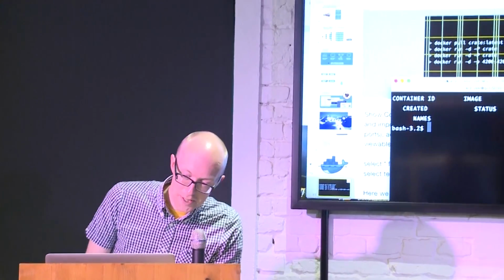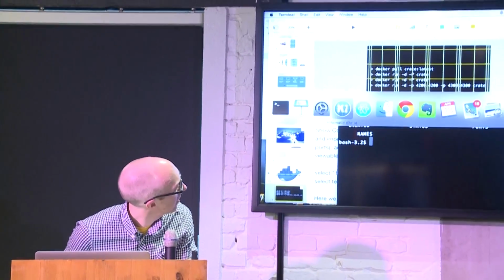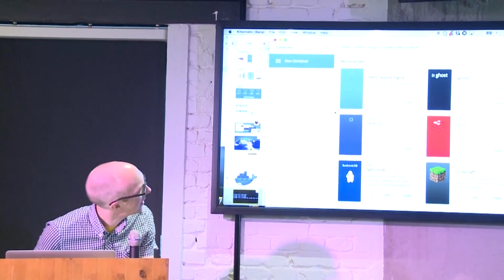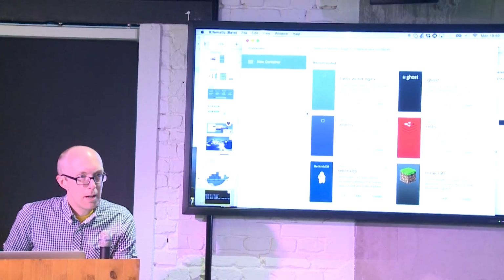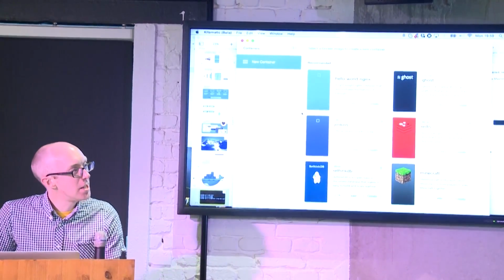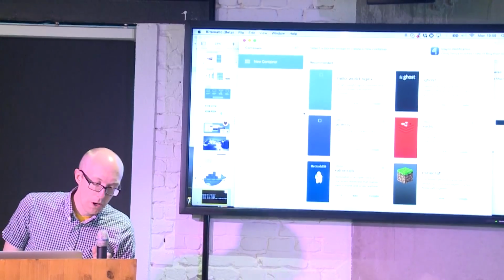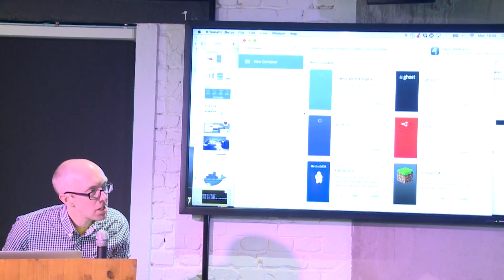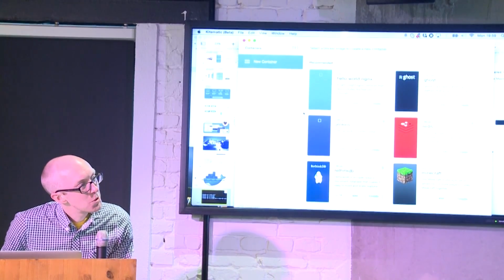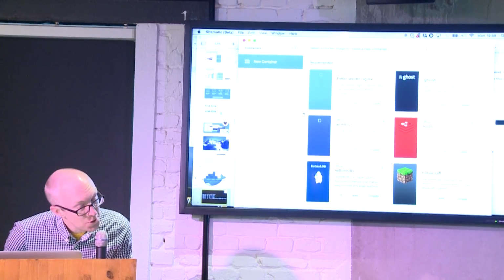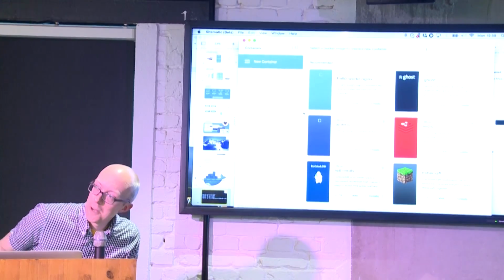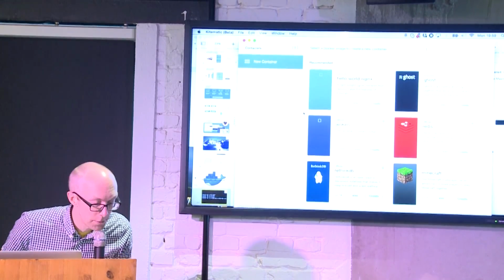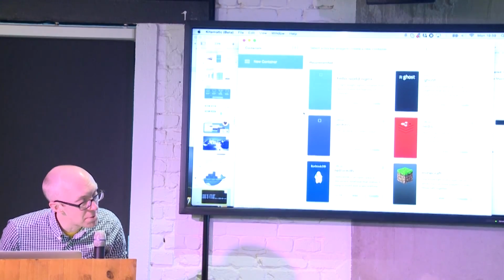Okay, I'm going to use Kitematic, which is, I guess, Docker's sort of recommended installer for the Mac. It's not completely there yet, but it's very good for demos because we're not just looking at command line, we can visually see things happening as well. So I'm just going to be using it for demonstrating what's going on.